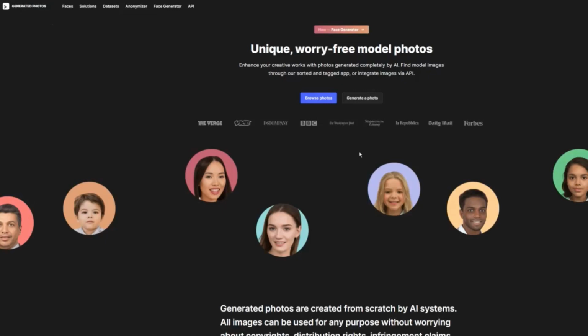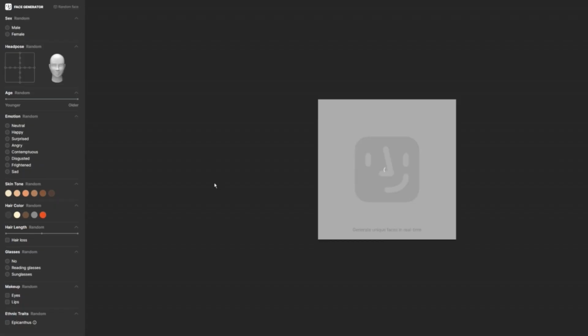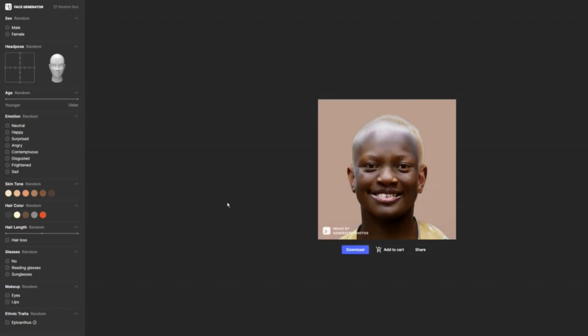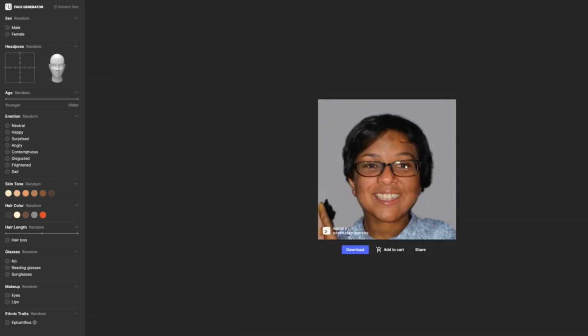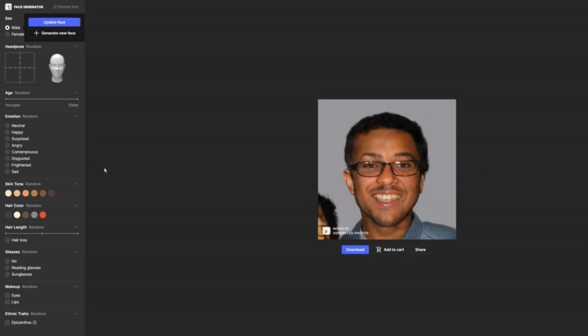All right, number 2 is called Generated Photos. This is also a free software and also something that you can use in your landing pages, similar to DALL-E, but this is strictly for face generation and actually pretty realistic faces as well. So let's just say we want a male in this face, and again we want to use this in our landing pages, and we want him to have a surprised look